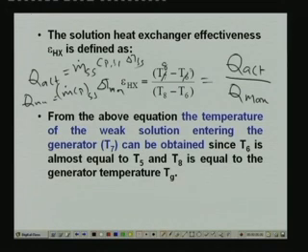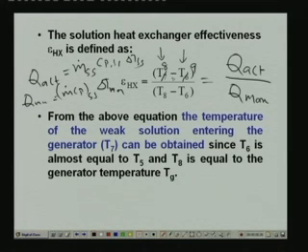T8 minus T9. This is the temperature of the strong solution entering the heat exchanger, and this is the temperature of the strong solution leaving the heat exchanger. T8 and T9 are the inlet and outlet temperatures of the strong solution at the heat exchanger. From the above equation, the temperature of the weak solution entering the generator can be obtained,